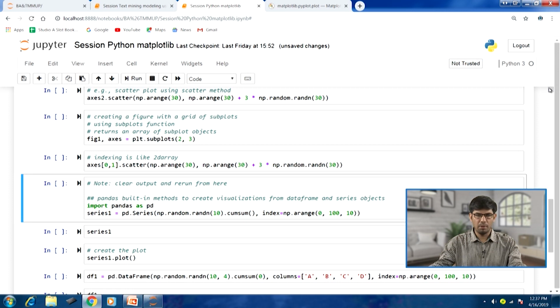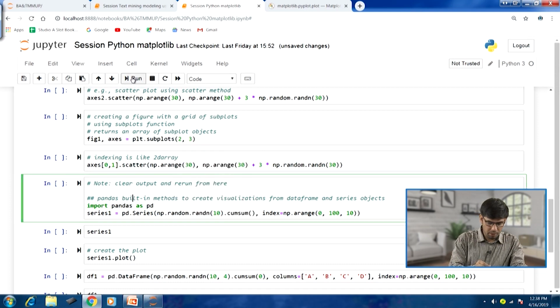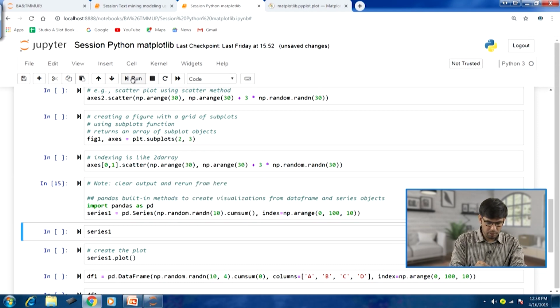So, we will use some of the pandas built-in methods for that. Let us import pandas as pd, and then we will generate a series1 object as well. Here again we are drawing 10 values from a normal distribution, cumulative sum, and in this fashion let me run this code, and we will have the series1 object.